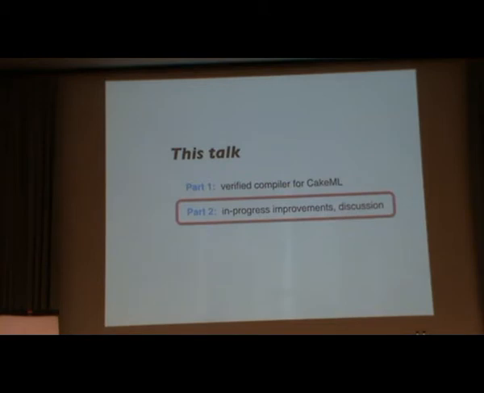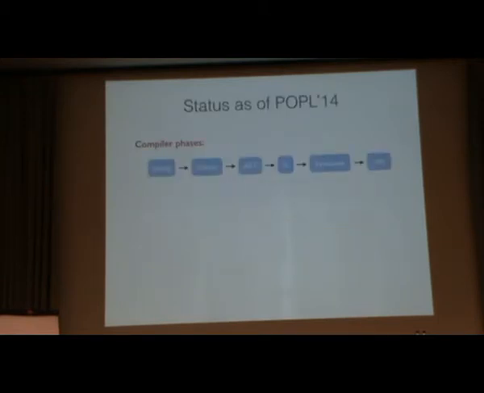Okay. So now I'll come to the discussion and in-progress improvements part of the talk. Why is the compiler so bad from a performance perspective? It's because it's a very, very simple compiler, or at least it's structured to be simple. You start with a string, you get tokens by lexing, and then an AST, so this is not that controversial. But then we do only a few hops until we get to machine code.